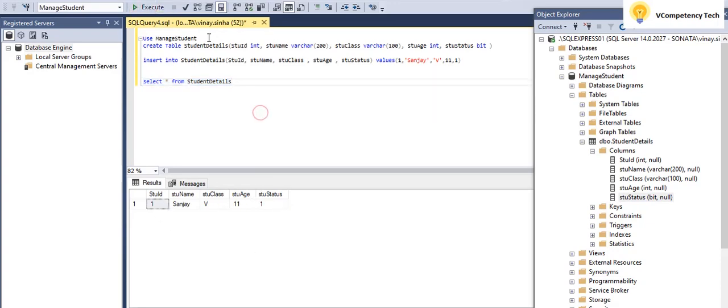So this is how we can create one table. Before creating a table, we should have one database. If already there, you can write use, then create. If not there, you need to create the database. I have explained how to create. Then after that, you create the table like this, and you can insert values like this, and the inserted values you can see by select asterisk from student. So this is how we can create a table very easily for SQL Server.